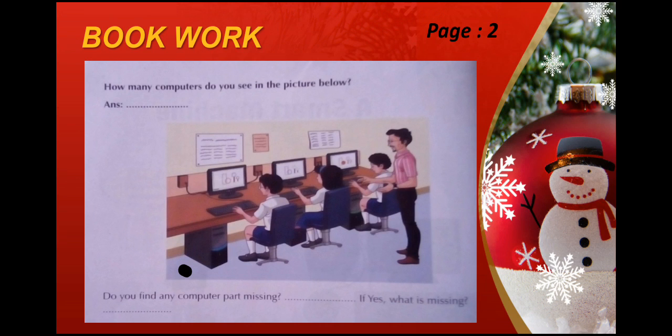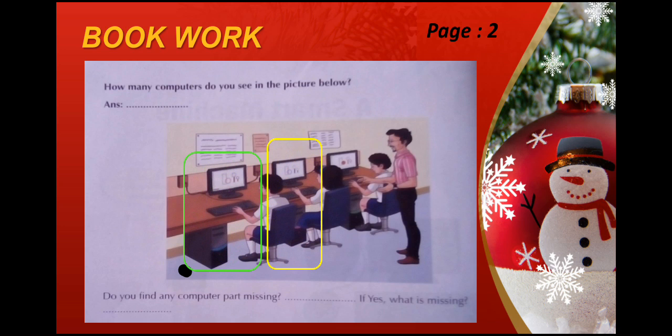As we have discussed earlier, a complete computer system is composed of 4 parts: mouse, keyboard, monitor and CPU cabinet. In the following picture you are seeing 3 students using computers, and a teacher or instructor guiding them to use the computer. So we have to count how many computers, meaning complete computer systems, you see in the picture. Let's see. This student number 1 is using this computer system. That's computer 1.